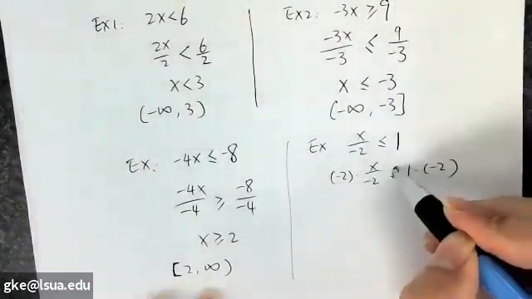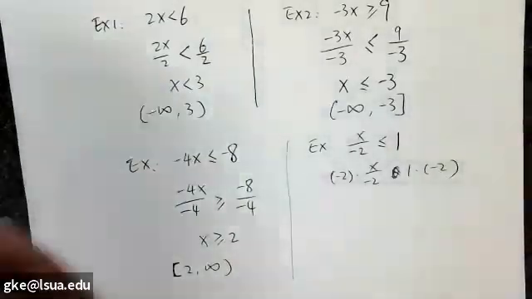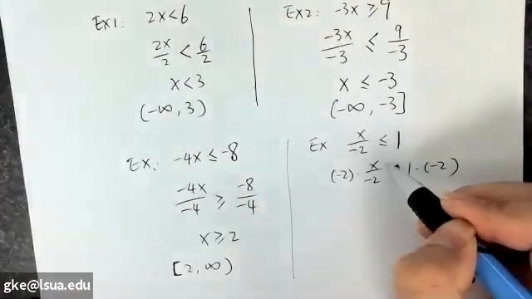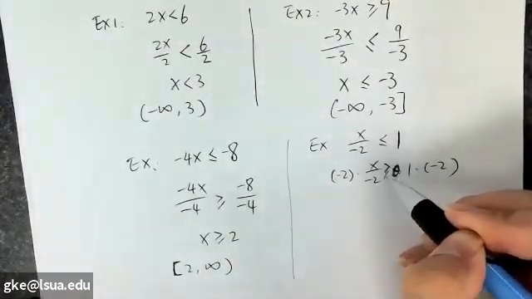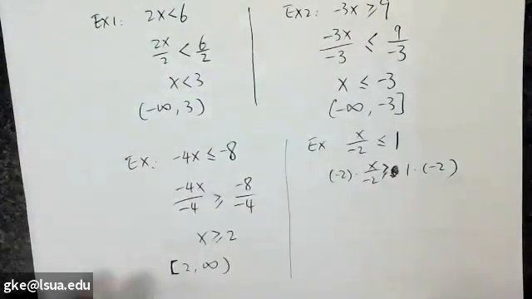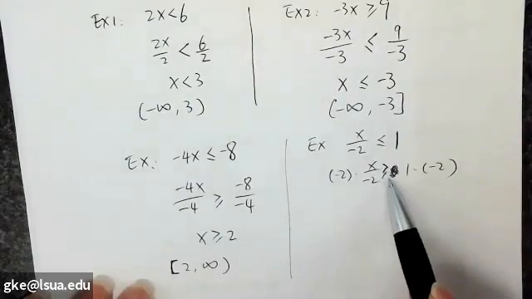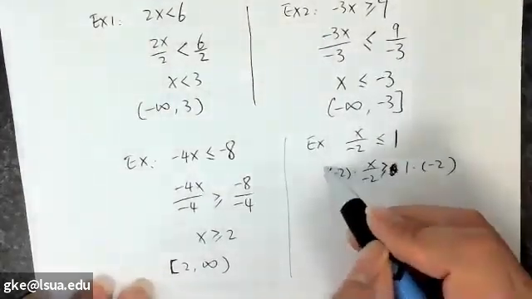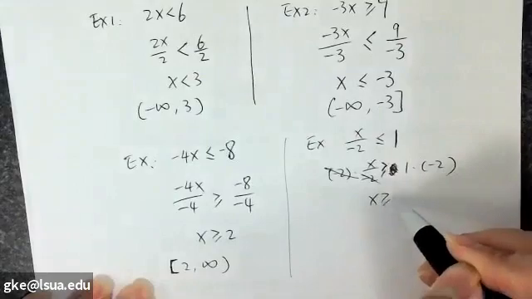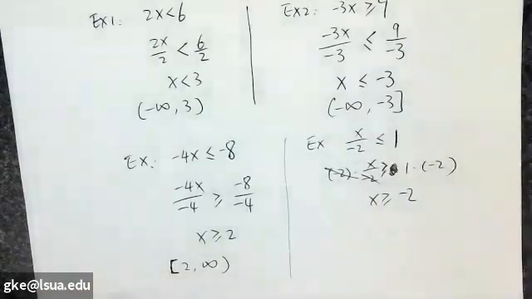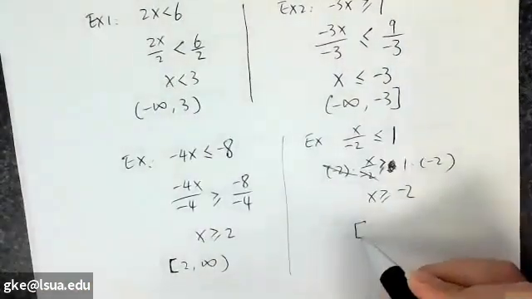And be careful, I make a mistake, because times -2 should be the opposite side. Should we change the inequality? It should be greater than or equal to. Cancel out. 1 times -2 is -2. And then,